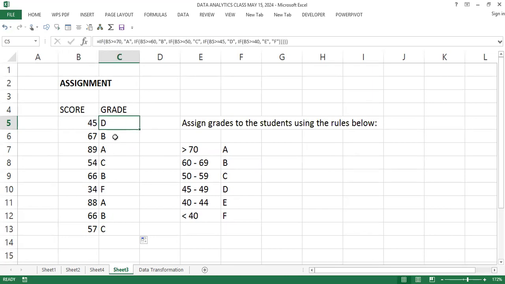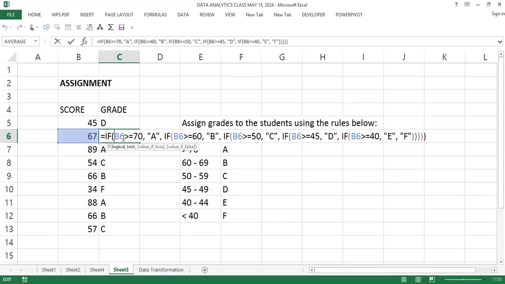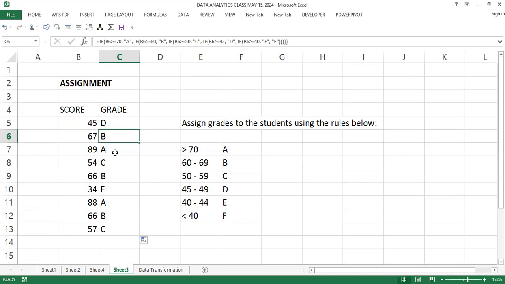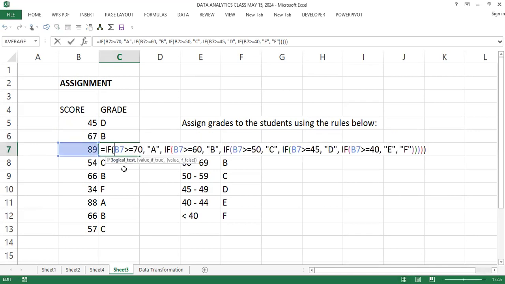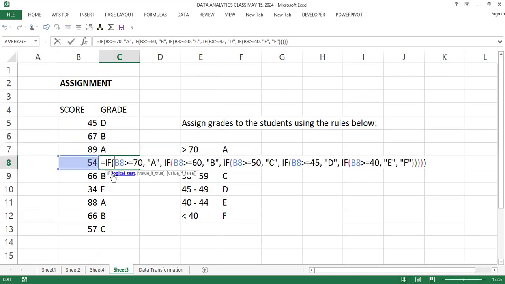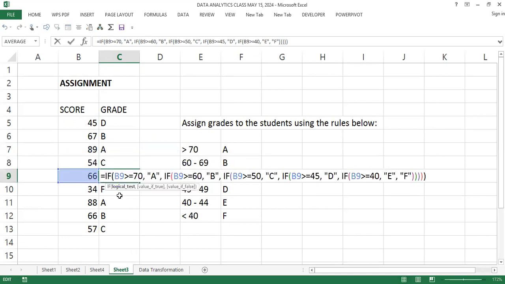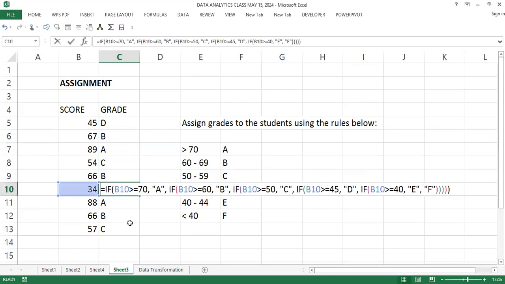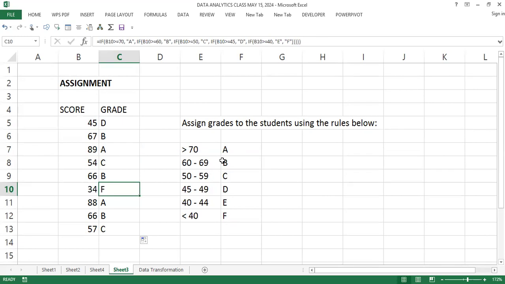So when you come down to this level, what do you think the value of the score will be? What is the reference? It's B6. It automatically updates to B6. Then you update it here to B7. You see B8. That is dynamic. Okay. That's because